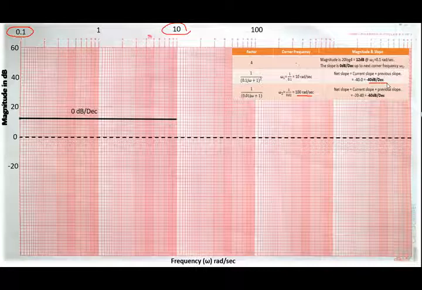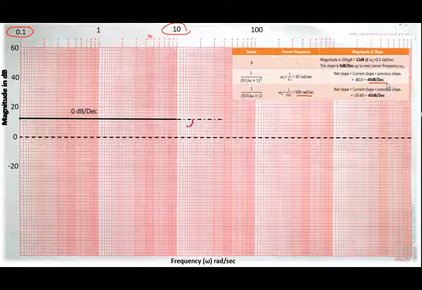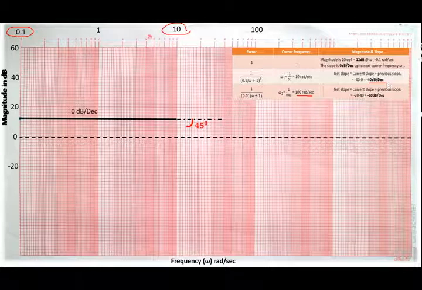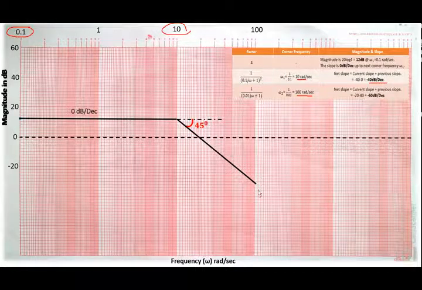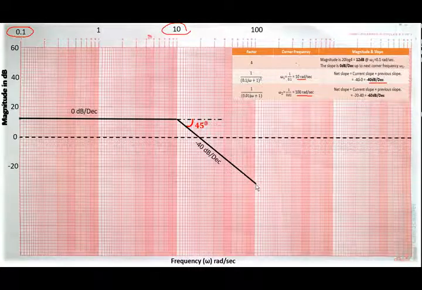The angle is 45 degrees from the real axis. So this would be the horizontal axis, that is the real axis. In a clockwise direction, we need to measure the angle of 45 degrees for the 40 dB per decade slope. So measure 45 degrees from this horizontal line and draw a line till it reaches 100 radian per second. So this is the starting point and this is the ending point for this corresponding slope. So starting from 10 radian per second till 100 radian per second with a 45 degree angle, draw a line that is called the minus 40 dB per decade slope. After that, it ends at 100 radian per second.